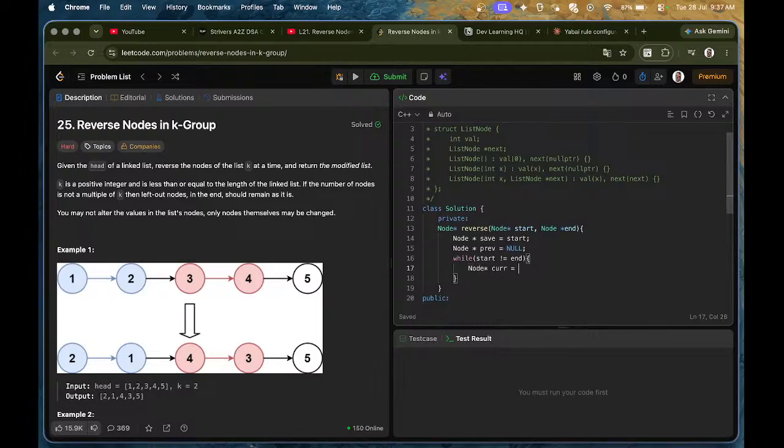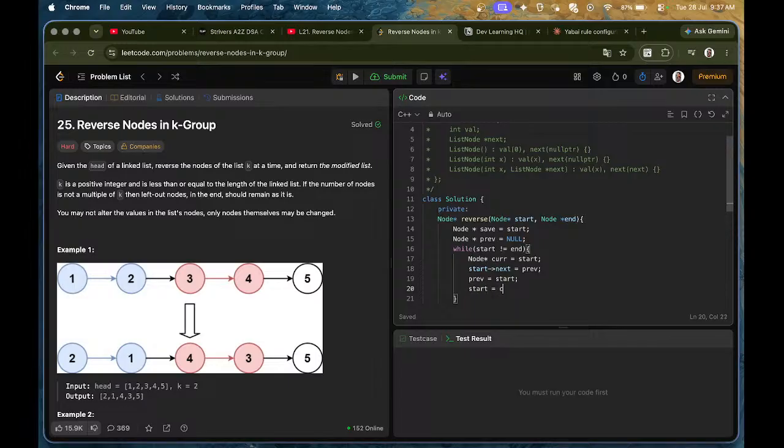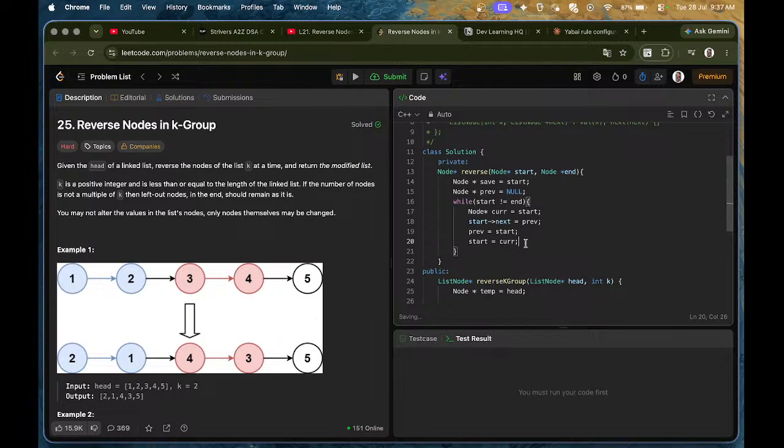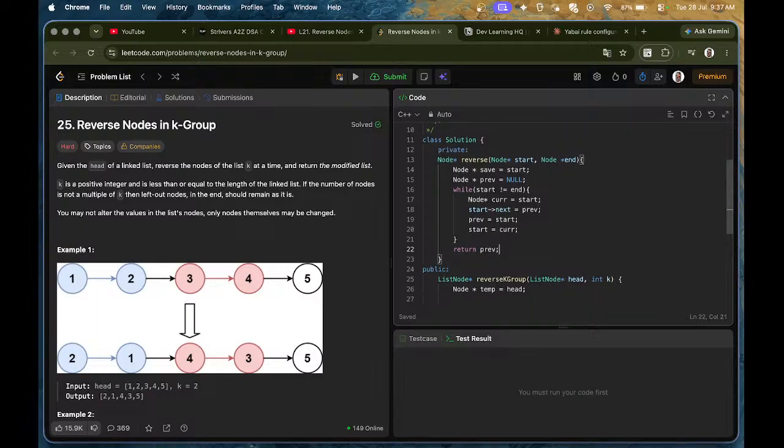Start current to start, start current next, next इसको previous बना लेंगे, previous equals to current। हमारे पास है previous, previous का जो next है। रिवर्स हो चुके हैं। अब reverse वाला part मैंने return कर दिया, ठीक है। तो reverse वाला part मेरे पास आया।